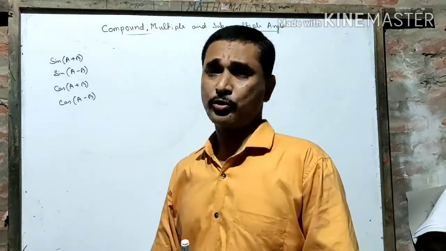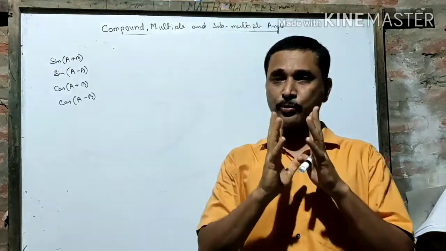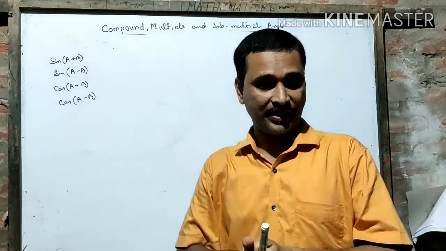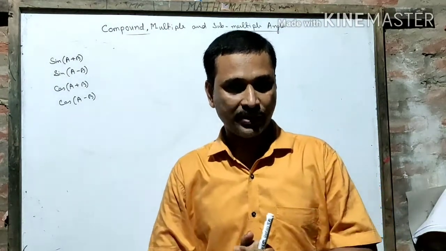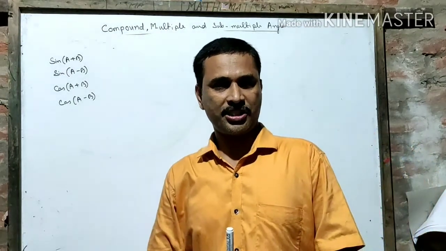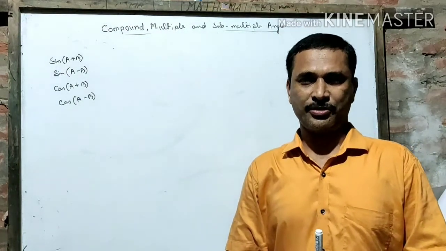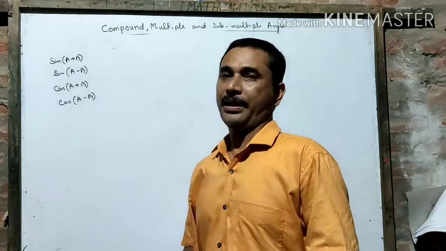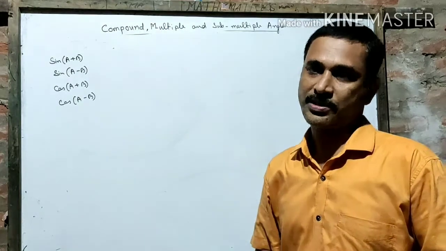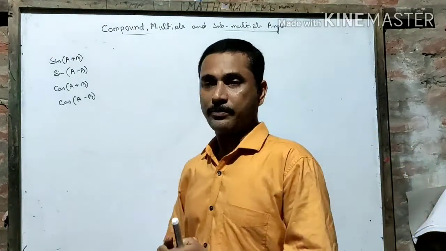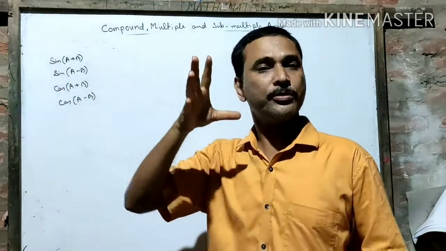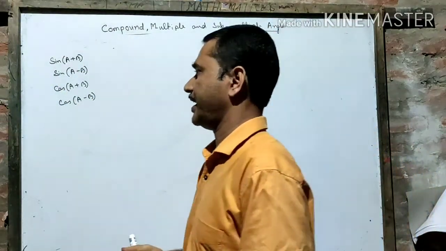Sine and cos are two friends. Sine is a very good guy. Okay, he knows how to share things. He's a disciplined one. And cos is not like sine. He's not disciplined and he is not so good. I have given two things to sine, A and B, two angles. Now what does sine do? A plus B. I have given A plus B to sine.